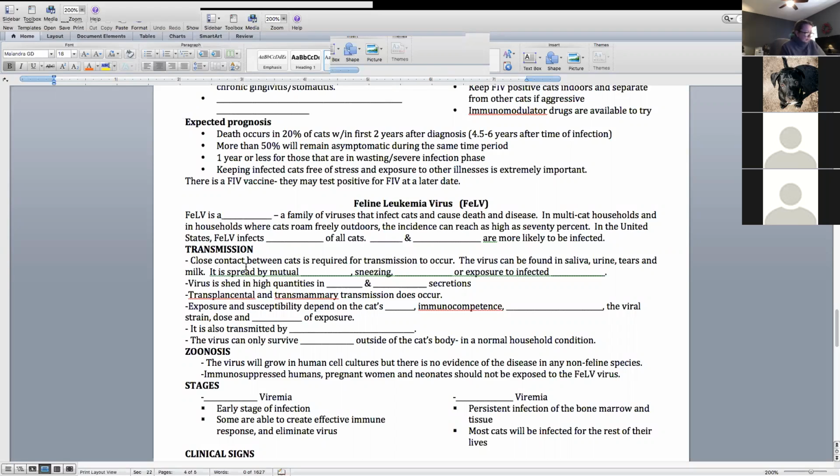Okay, so feline leukemia, and I kind of think about FeLV and FIV under the same umbrella, affecting the white blood cells, but I feel like feline leukemia is a little more prevalent than FIV. I feel like I've seen more FeLV cats than I have FIV cats or FIP. So of the three I just talked about, FeLV is a little more prevalent of a disease. So feline leukemia is a retrovirus. And it can cause death and disease. So this can also be fatal,